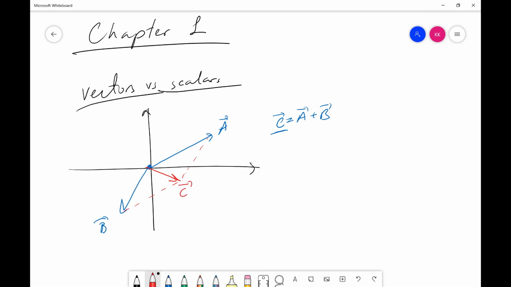This is my vector C. Even though I don't know exactly the value of C, its magnitude or its direction, I already have some information. You can see vector C is less than the magnitude of A or B. That means you should expect the magnitude